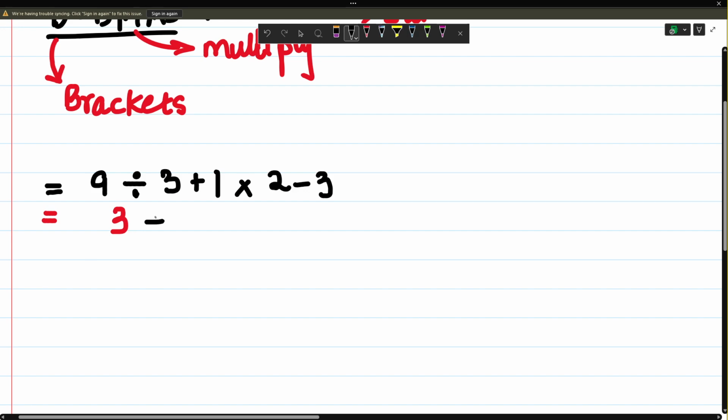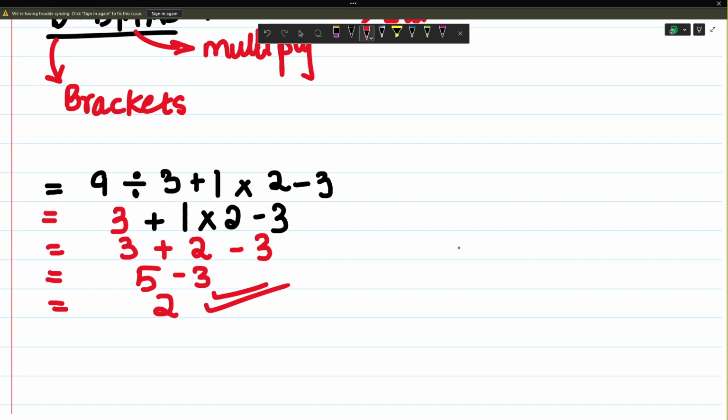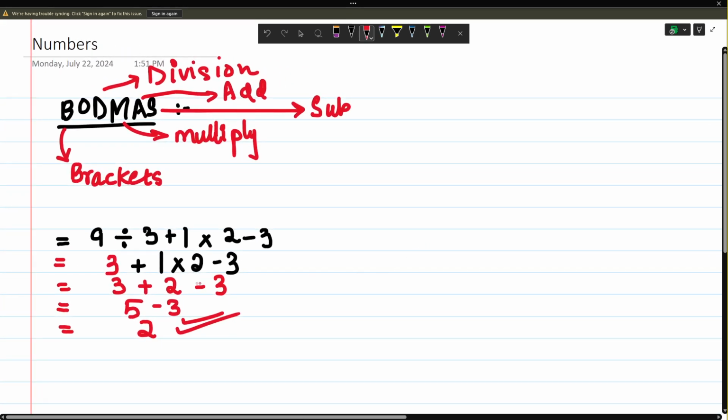Okay, then plus 1 multiplied by 2 minus 3. In next step we are going to multiply. So this will become 3 plus 2 minus 3, right? Because 2 ones are 2. Then we are going to add, क्योंकि BODMAS में then there is add. 3 plus 2 is 5 minus 3, and 5 minus 3 finally will give you 2. So this is going to be your answer for BODMAS. ठीक है, थोड़ा आपने गलती की थी, लेकिन this is how you follow BODMAS. Simple logic है. Let's do a little bit of practice questions, then we are going to move forward.